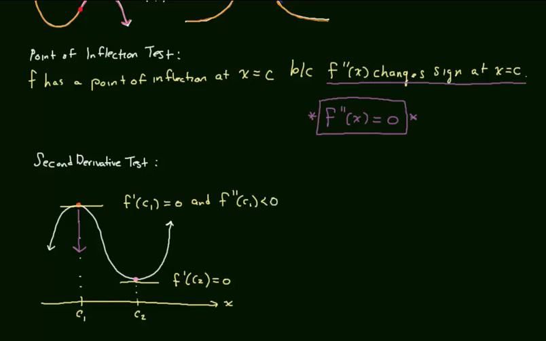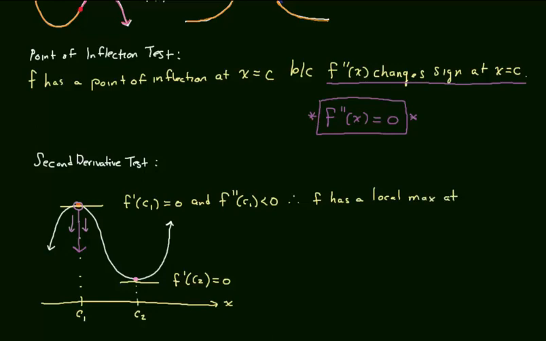Now take this in. Because the second derivative is less than 0, it makes the curve concave down, but that makes the vertex up. And so therefore, f has a local max